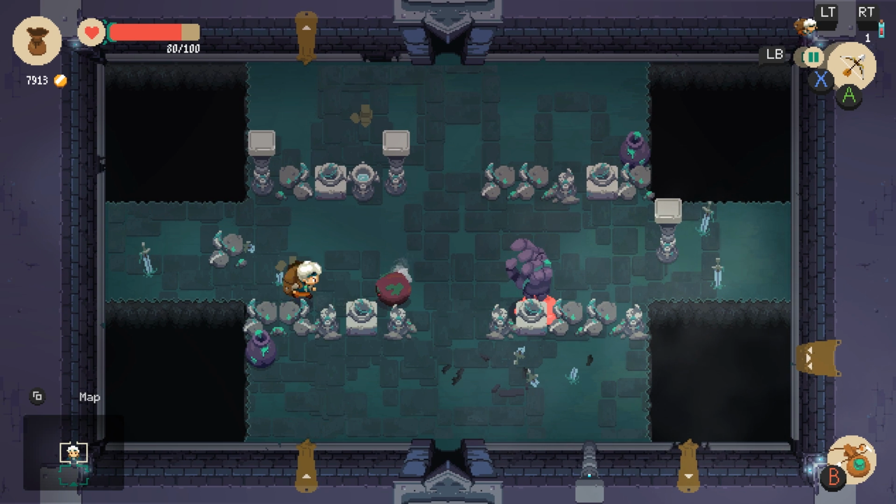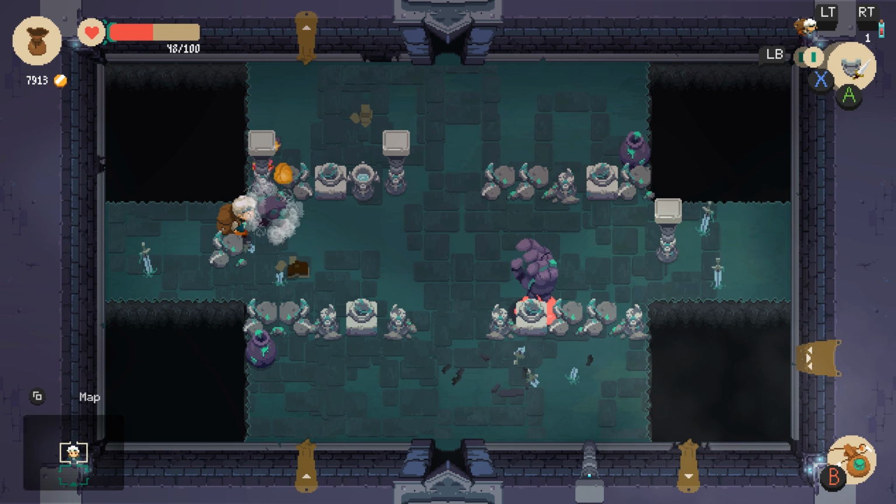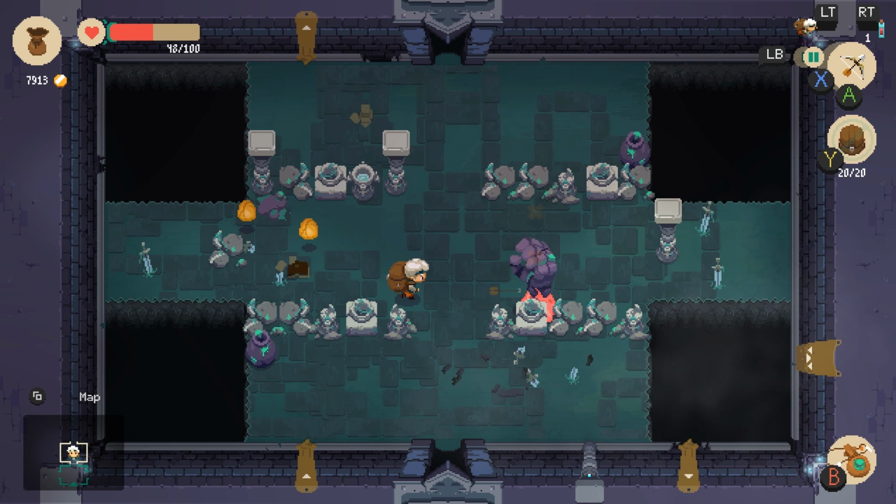Bow and arrow makes certain fights easy. See if I can make this guy hit a wall. Ow, he actually hit me. Ooh, he dropped some of those things. Now, I know those actually aren't worth super...